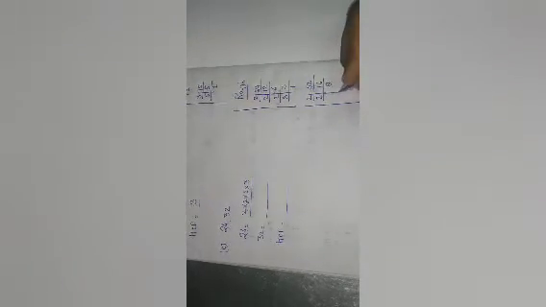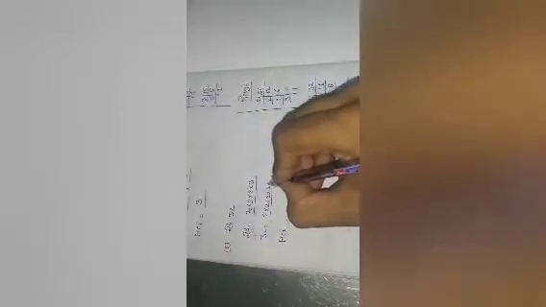Then another number given is 32. First we will take the smallest prime number, 2. If we divide 32 by 2, we get 16. Then after that we will divide 16 with the help of 2. It means 2 eights are 16, 2 fours are 8, 2 twos are 4, 2 ones are 2. So you can check: 2 twos are 4, 4 twos are 8, 8 twos are 16, 16 twos are 32. So here you have found 5 times 2, 2 into 2 into 2 into 2 into 2.